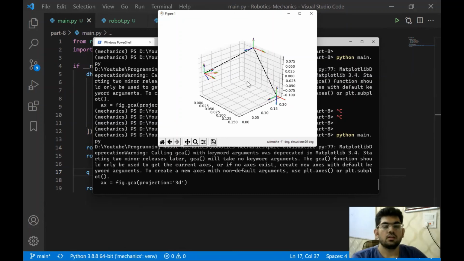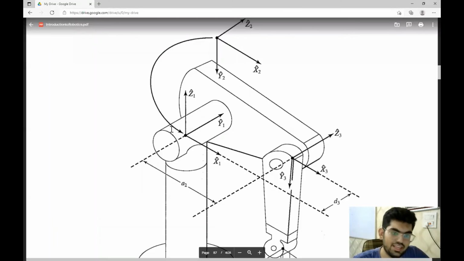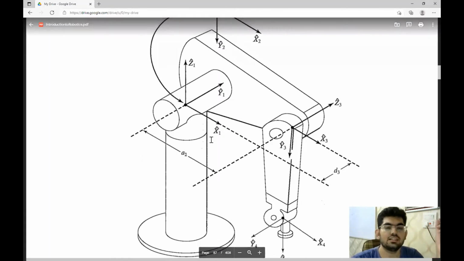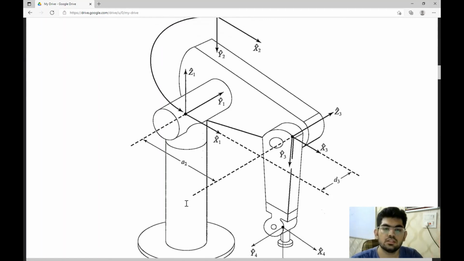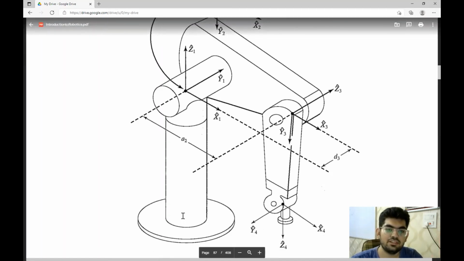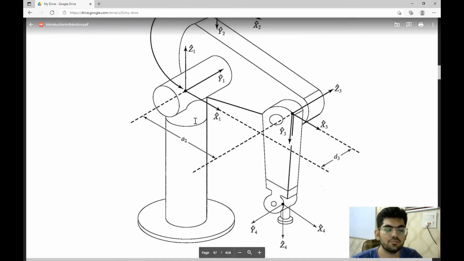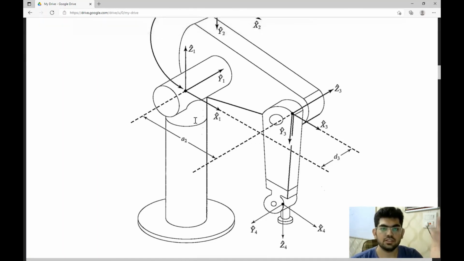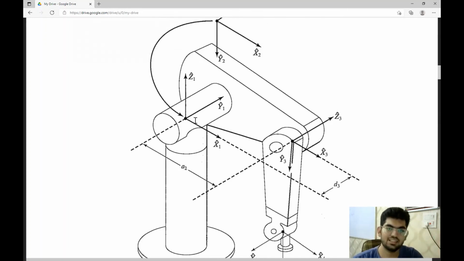Yeah. All right, cool. Now the reason these frames are looking a bit odd compared to the photo that we have, like over here, is because the frame reference is kind of arbitrary. So we can see the first frame that we have is not starting from the actual base, but from some offset. This kind of assignment of frames is common in robot kinematics.